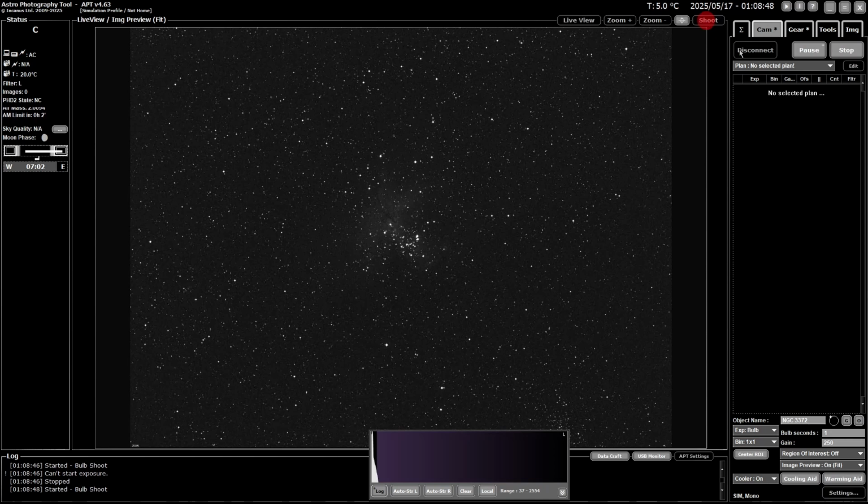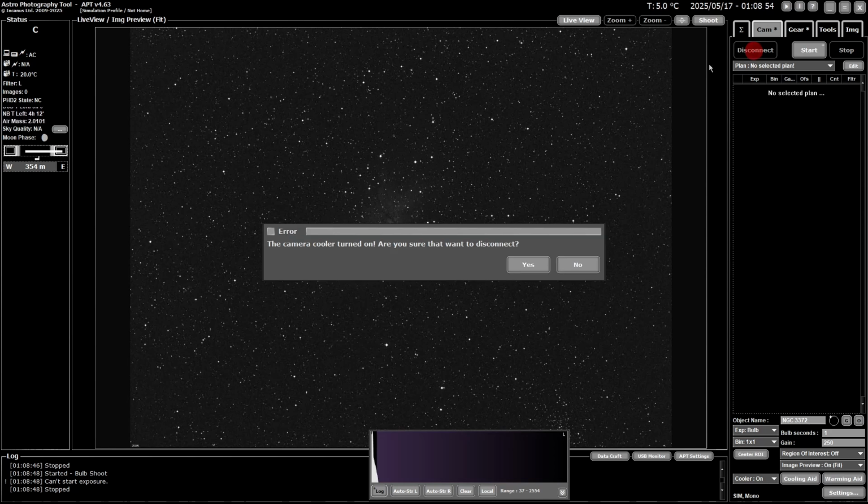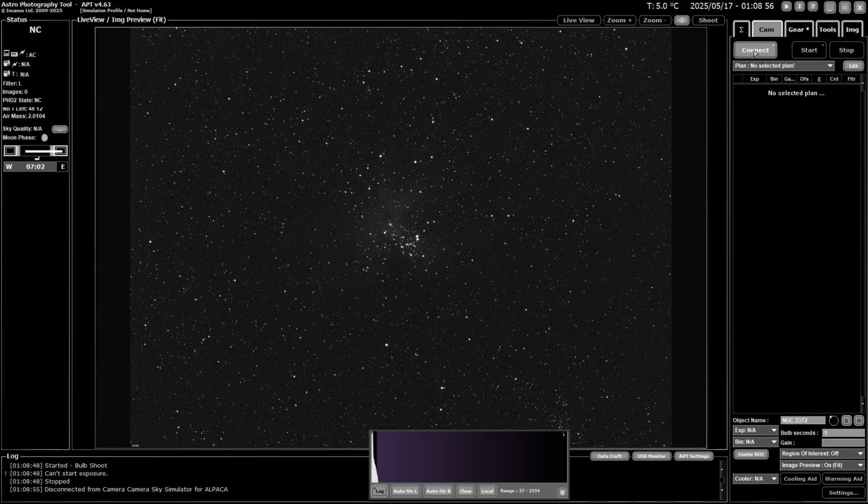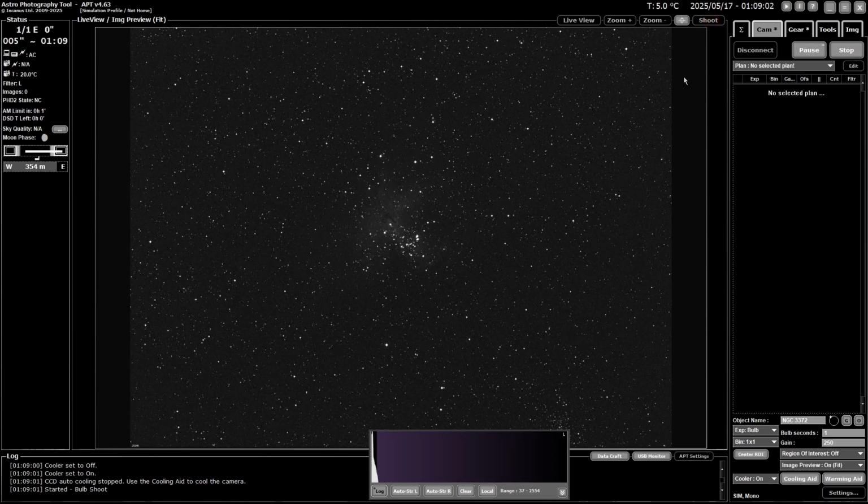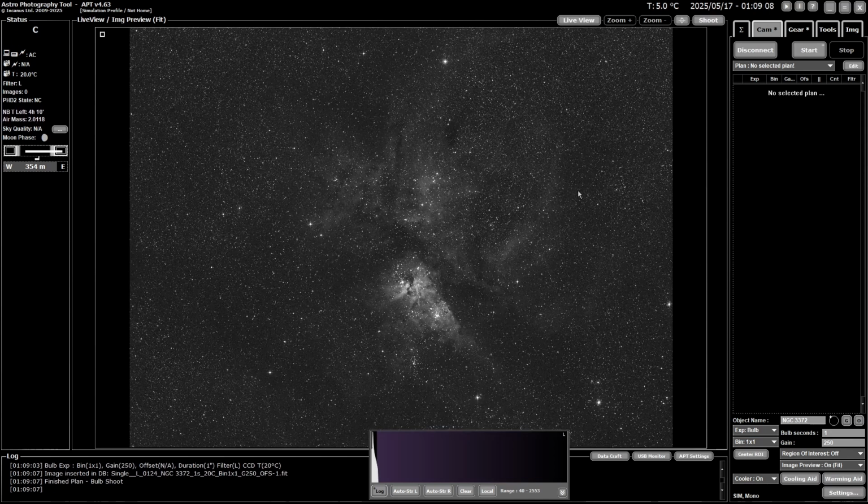I can't start a new one. Wonder why that is. Well, I'll disconnect the camera and reconnect and see if that fixes it. Something happened there with the camera. I just had to disconnect it. So as you can see, it's a much cleaner image of